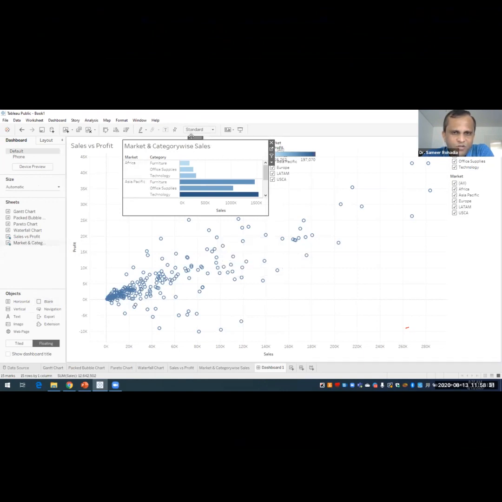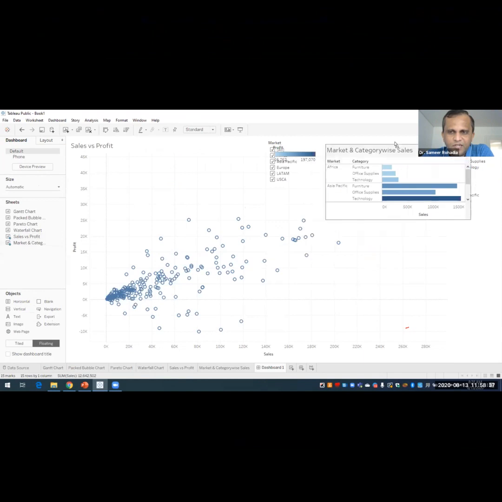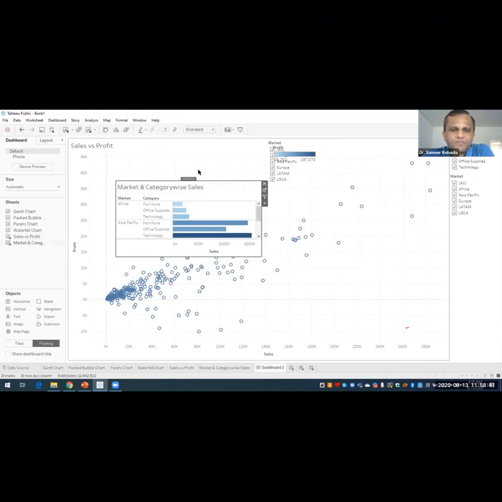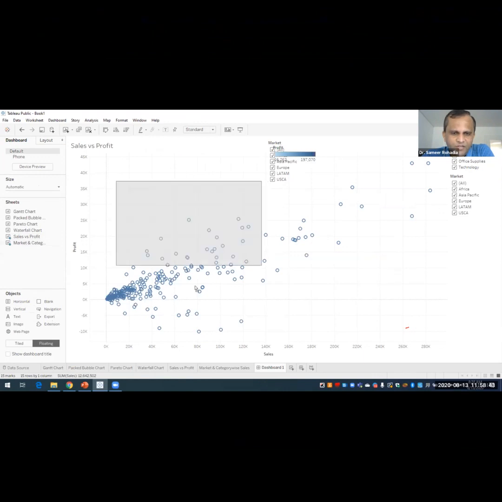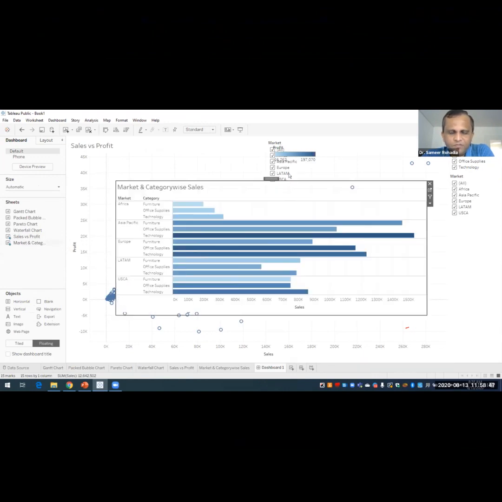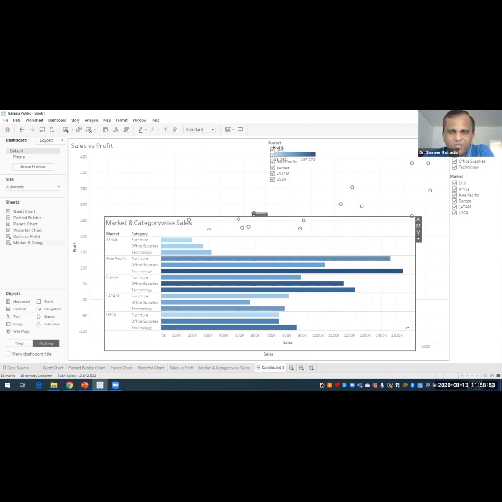I can put it somewhere over here also, wherever it is possible, or wherever I like. I can also increase the size like this. If I want to put it on top of another chart, I can do that also. So this is what I mean by floating.